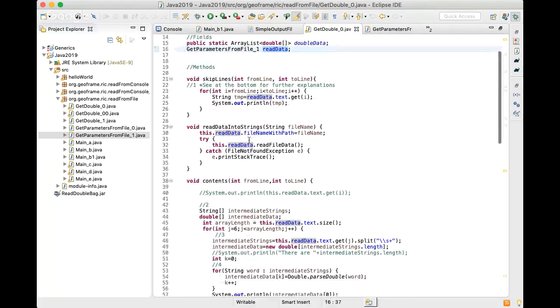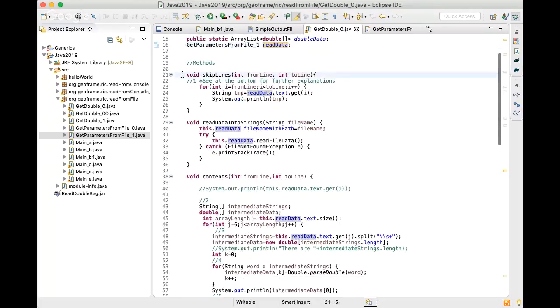As a method, we have a skip lines. I need a method to skip lines because I have to skip the header, and from line to line. And as you see, this is a simple method that implements just a simple for cycle,